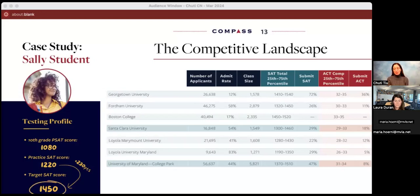So again, this is something you really want to discuss with your college guidance counselors. It's a lot of splitting hairs, and a lot of research is necessary to see how schools really look at